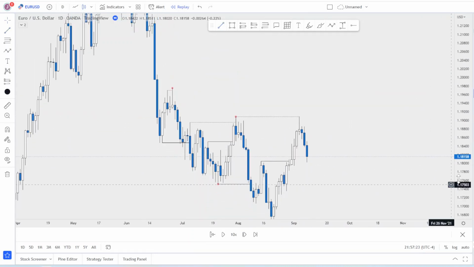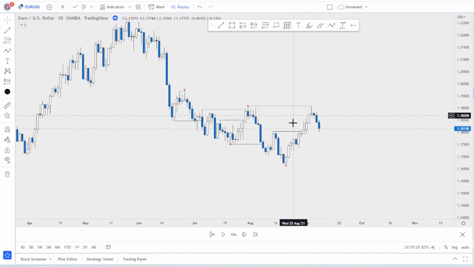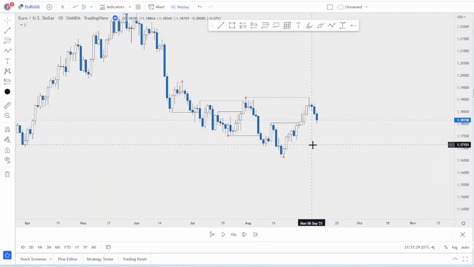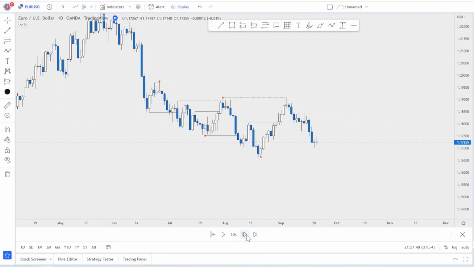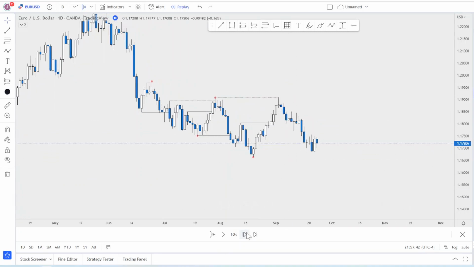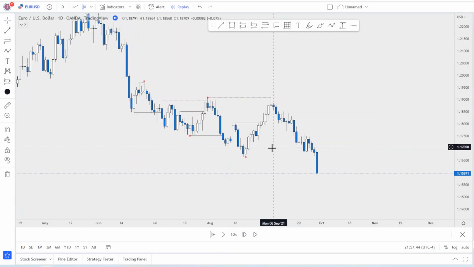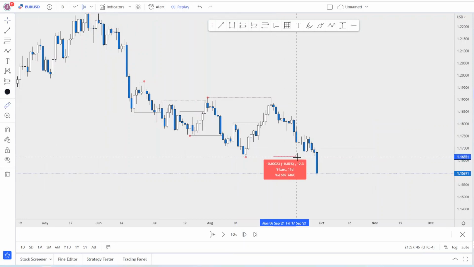But a wick is not enough for us to go, oh okay, we're going to be bullish. I want to see a body break. In this case, it was just a wick, and then look at the reaction. 3 bearish days after. So we can assume that we're getting those bearish prices, and we're looking for shorts for the next, I mean, if you look at it, after this, until it broke,